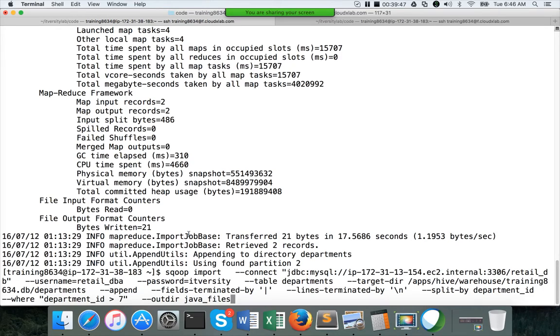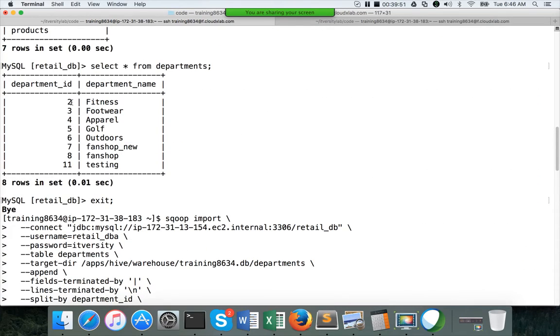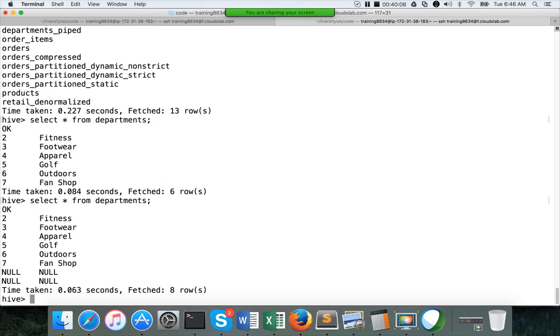There are only 2 records which satisfy the condition department ID greater than 7, because you can see 2 to 7, 8 and 11. These are the only values we have, and greater than 7 are only 2 values. Now those rows are inserted into the Hive table, and now if I say select star from departments, it got null value.